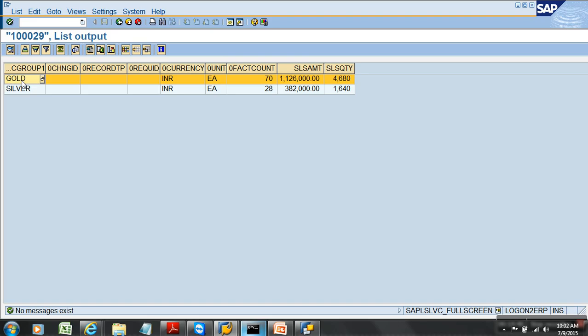So indirectly you are changing the values inside my aggregate by using attribute change run. Okay,